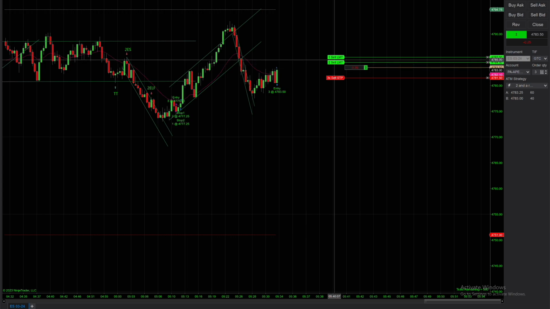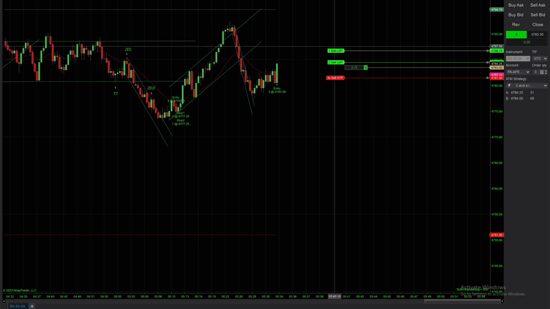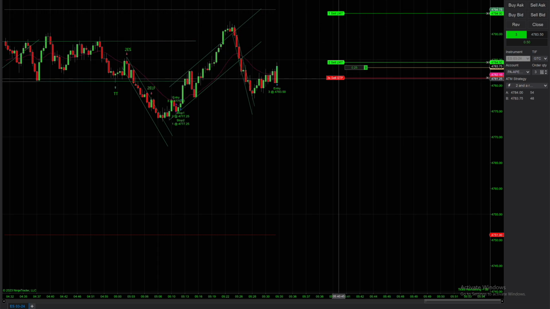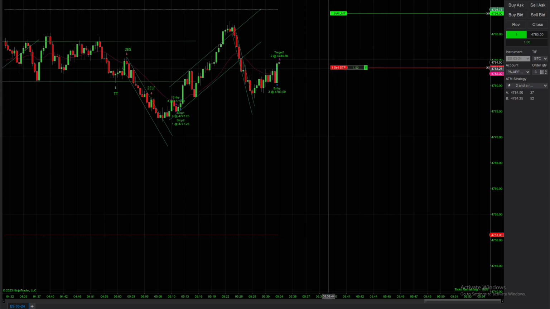I liked it. We got strong rejection off the EMA, strong second entry short failure. The signal bar for the second entry short was bad, so I gave it full 30 to go for the failure. And I was expecting a new high anyway, so this is my thoughts while I was going through this. Got it pretty quickly, but then moved my stop to break even, couldn't get a runner, and it stopped me out from there.